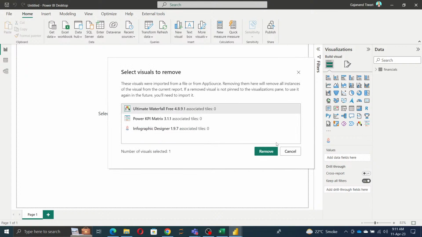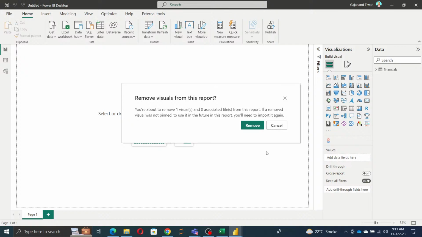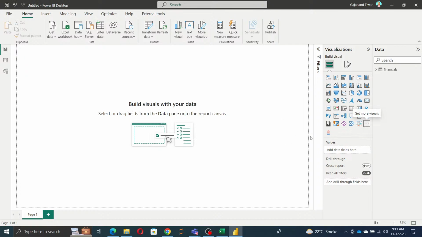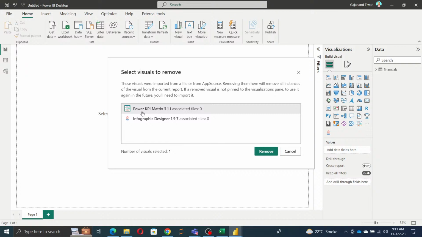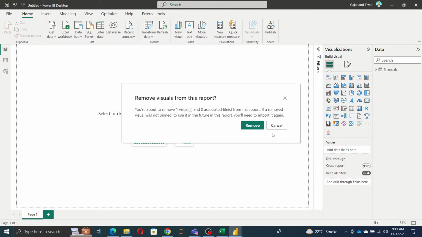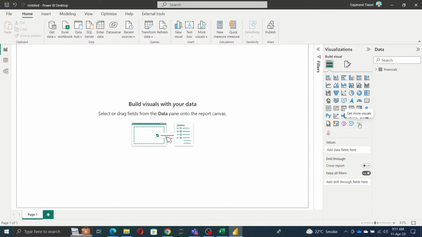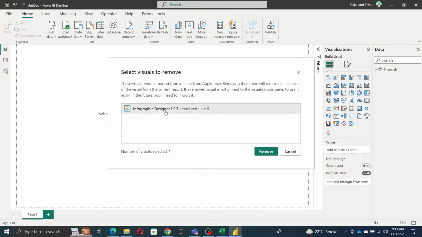And I can delete any one, whichever one I want. Let me remove the visual. Next, again go to remove visual. KPI micro, I wanted to remove it. Next, I wanted to remove the infographic